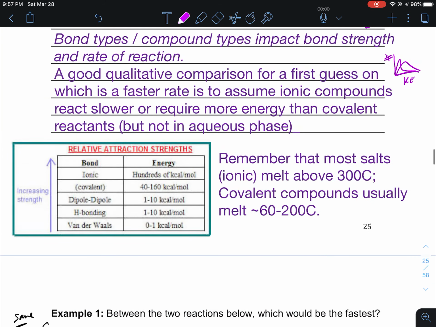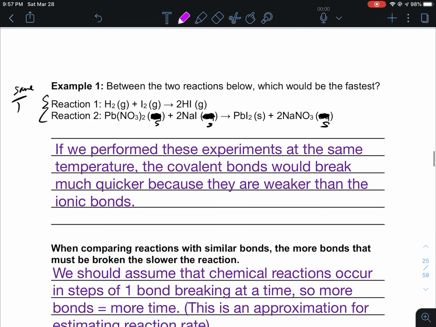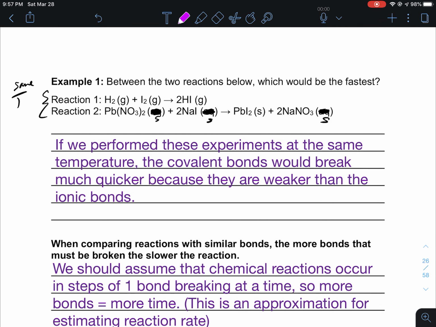So we have to watch out that the aqueous phase does mess things up a little bit. That's one of the reasons that in my next reaction I did not like that there was an aqueous part to it. I think that convolutes everything. If you wanted to get hydrogen gas and iodine to react with each other versus lead nitrate and sodium iodide,